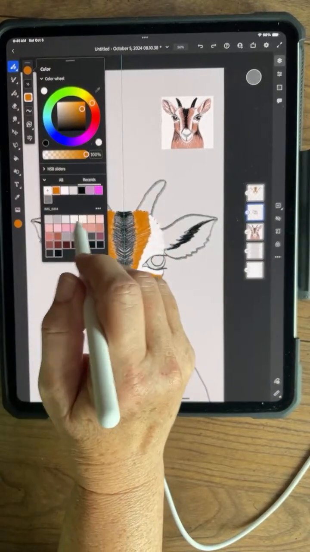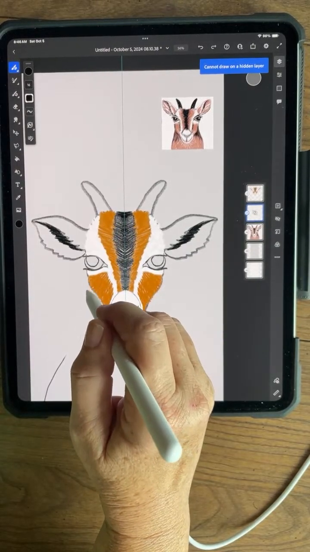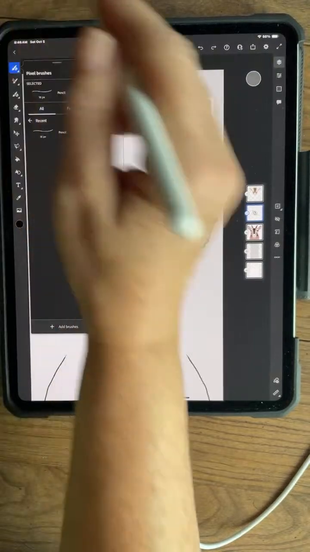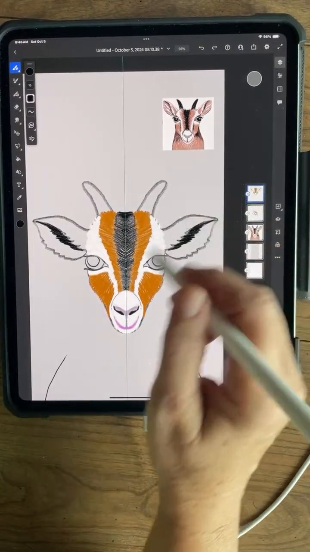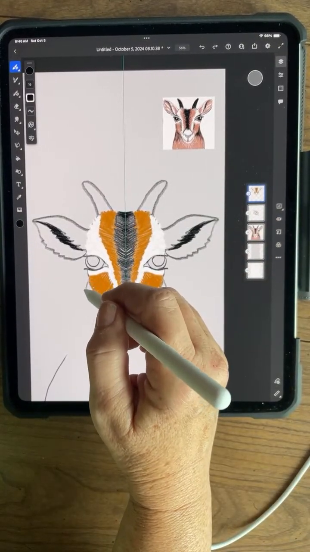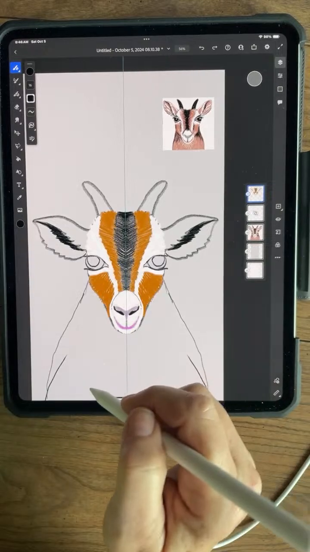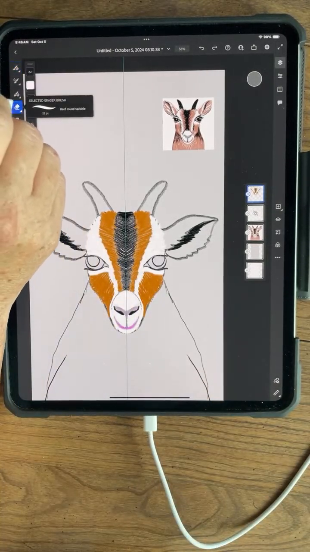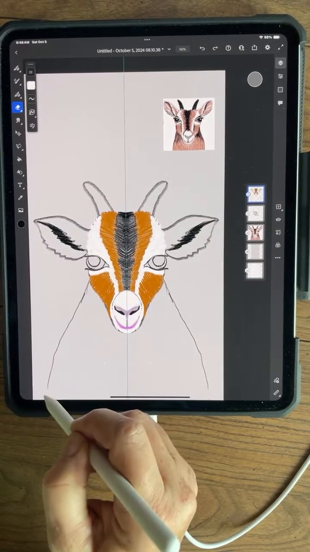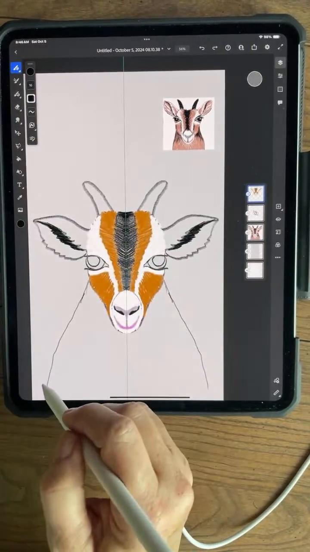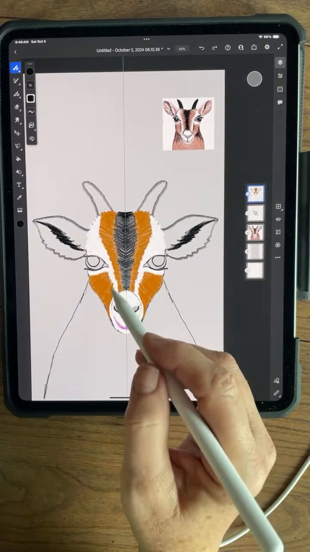And I will choose that black and basically bring that neck, whoops, what's going on here? I have to get on the right layer. Up here, up on my drawing layer. And we're going to just bring that neck this way. There. That feels a little bit better. Switching between my paintbrush and my eraser. Okay, so